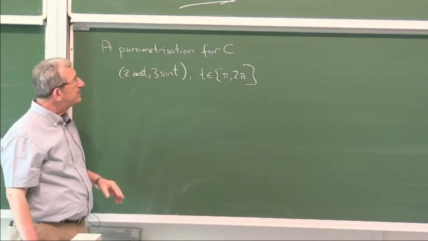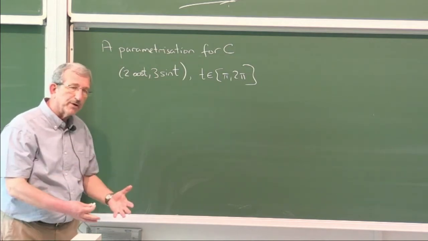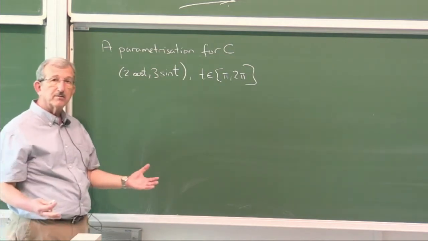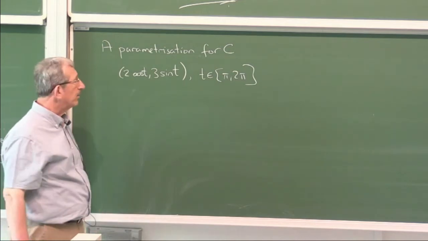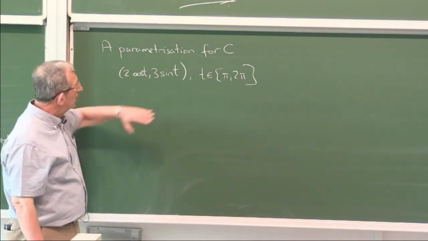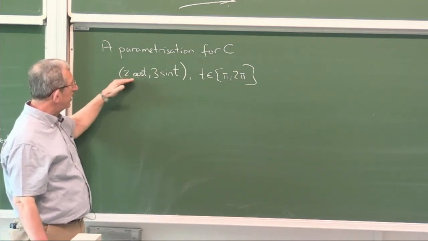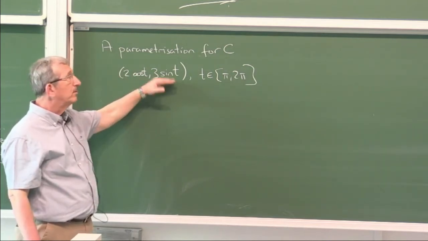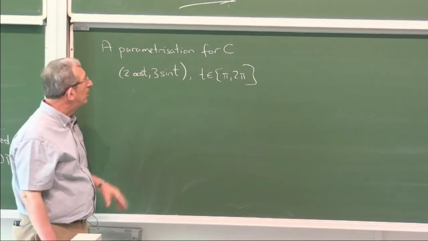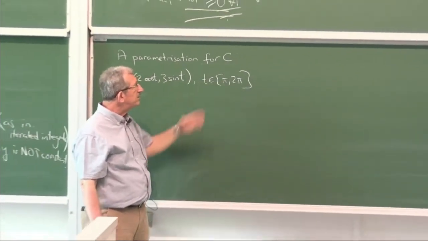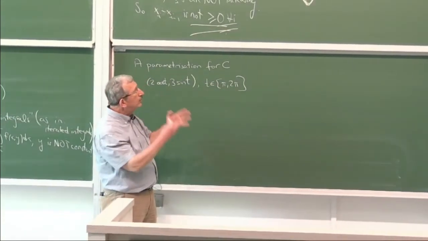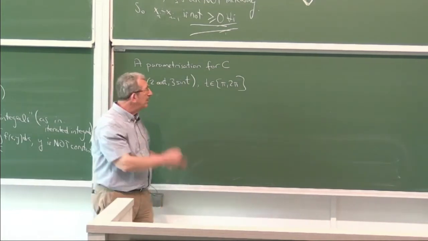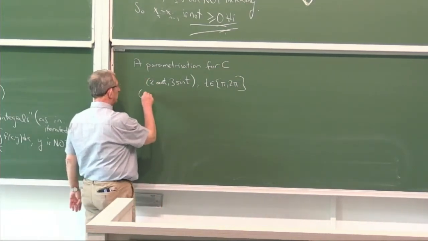Does this representation give the correct orientation? Because it may not. It depends. So, at pi, yes, we are at (-2, 0), which is our starting point. Good. And when the angle increases, it's bigger than pi, we continue in the correct direction. So, check